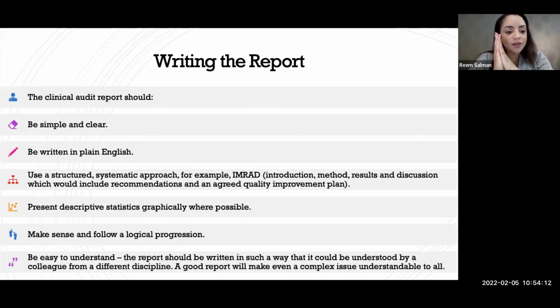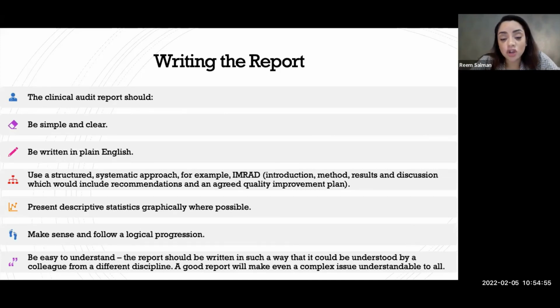You first have to write the title, okay? And the audit report should be very, very simple and clear. Don't try to use very fancy data analysis, because then it just confuses whoever sees it. I just feel like the nicest audit presentations that I've attended had a very, very simple way of presenting the data in pie charts or bar charts. And even I, who doesn't understand anything about pediatrics, can still understand the results, because it's very nicely and neatly presented, okay? Try not to use very hard English words, just plain English, very simple, because it's just nicer to hear simple language.